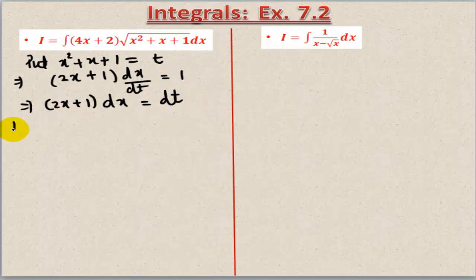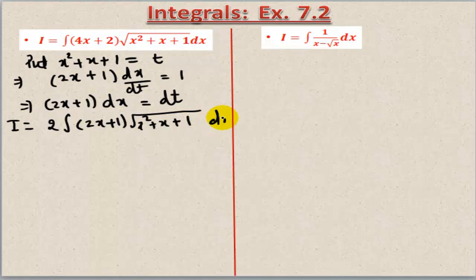So let us have a look at our integral once more and see, can it be converted into this form? You will find out of 4x plus 2, 2 can be taken common and the expression reduces to twice of x plus 1. Under the square root we get x square plus x plus 1 dx. Now go for substitution. So if we use substitution, just see 2x plus 1 along with dx reduces to dt. So we have to keep this in mind while doing the substitution.